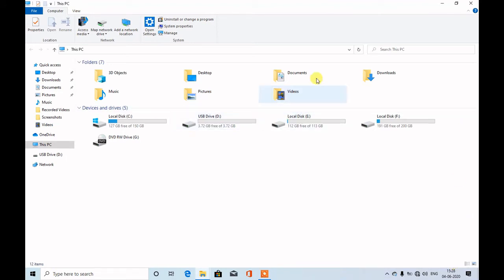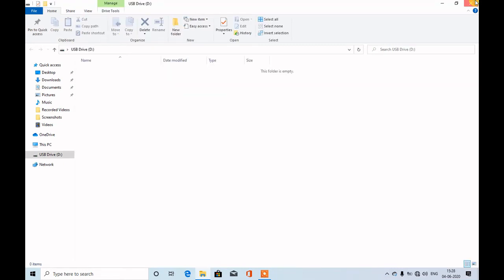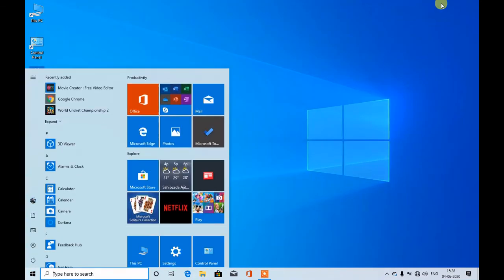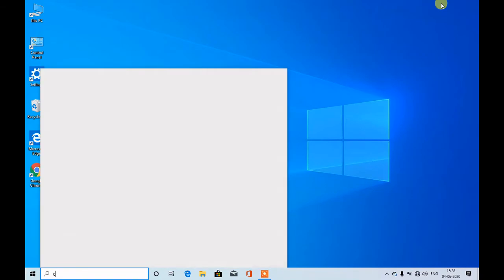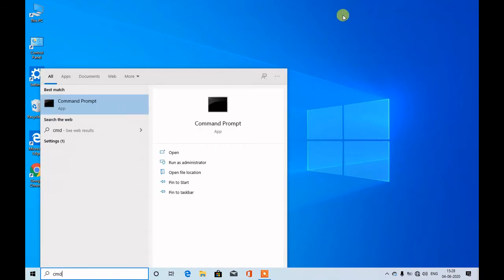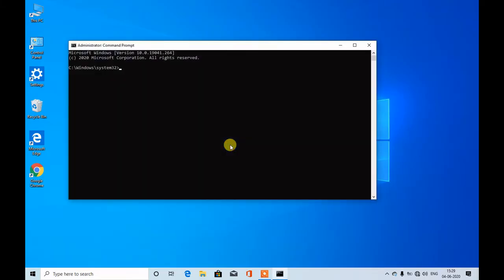First of all, we will open the command prompt. For this, in the search tab, search CMD. It stands for command prompt. Right click over it, or just simply click here, and run as administrator. It will ask for administrator permissions, grant them. Now here we have to write some text. I am going to tell you the following text turn by turn, and each time we have to press enter. Follow these instructions.